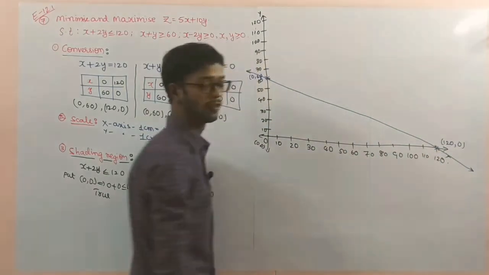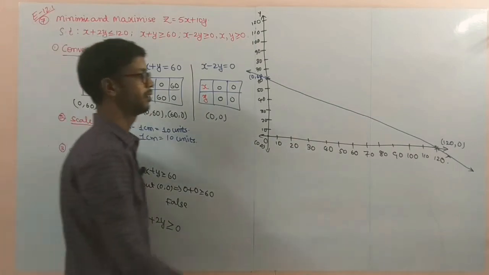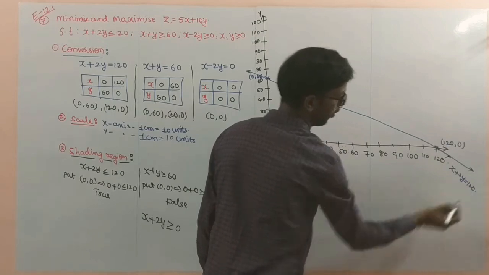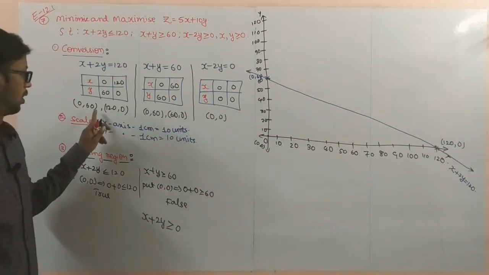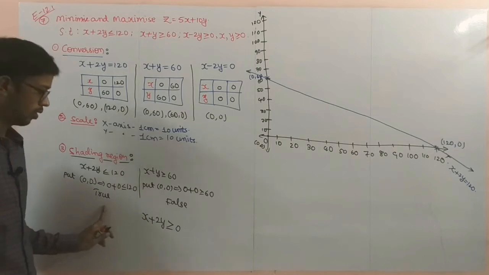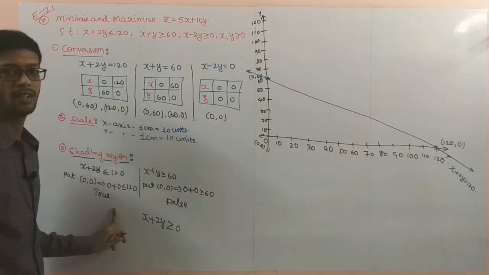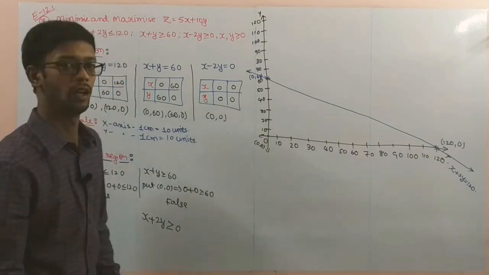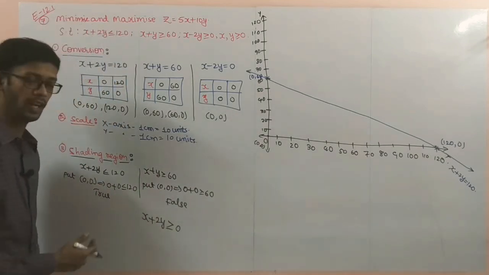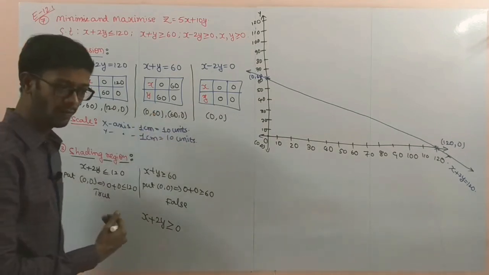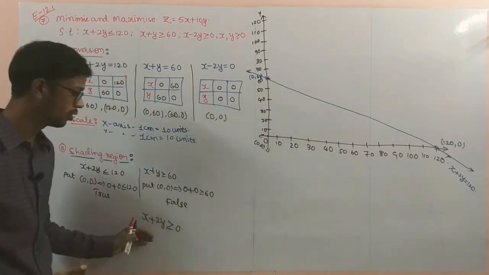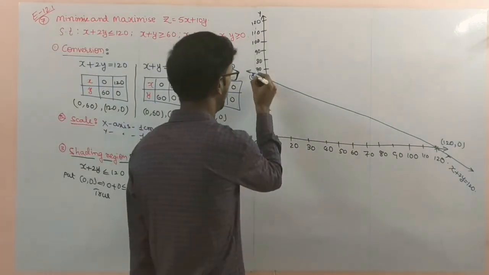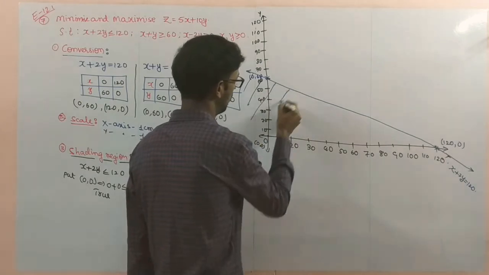Which line equation is this? That one, x plus 2y equal to 120. The first condition is true towards 0 comma 0, that is, below the line. In a simple manner: true means below the line, false means above the line. Why? Because we'll use this condition for the third also. So remember, directly: below the line, you have to shade here.